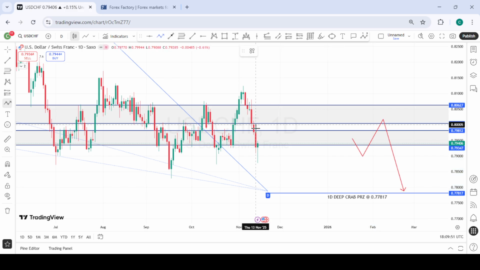We're looking out for a possible pullback into this zone to give us a possible right shoulder. So this is going to be our left shoulder, this will be our head, and this will be our right shoulder. Then we'll look out for selling opportunities within this zone and take the sell to the downside to complete